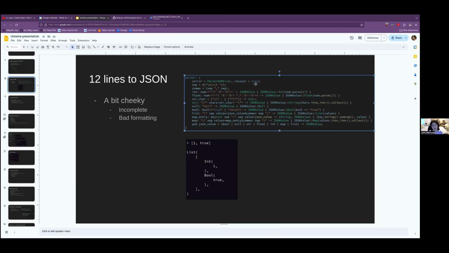I mean, I think that arises much more when you're parsing a byte format, and that's really not what Untwine is for. One of its limitations is that it takes in a string slice, a Rust string slice, which has to be valid UTF-8, and that kind of negates the point of byte parsers in the first place, because they're usually not going to be valid UTF-8. Gotcha.